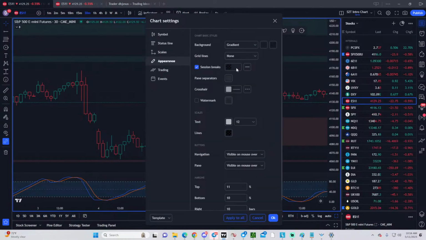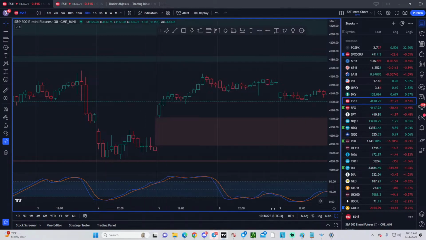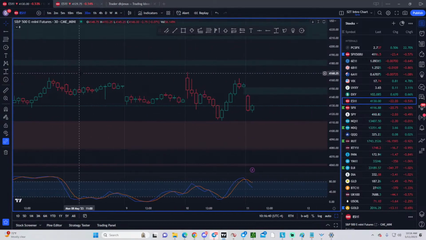Let me change the line session break and make it a little lighter. These are the session break lines, you can see them right there, and we're going to start talking about how that comes into play when we talk about the identification